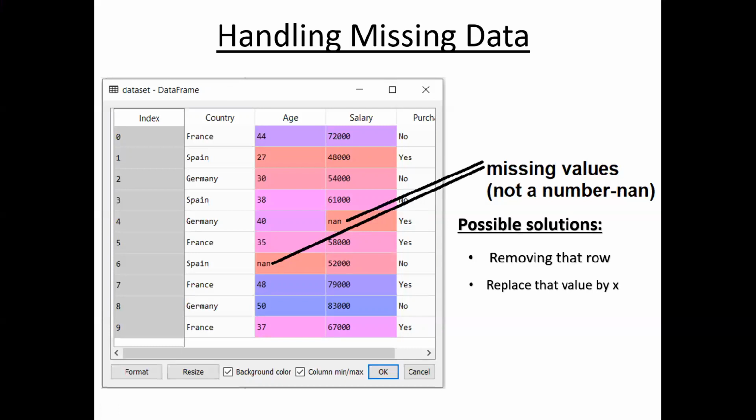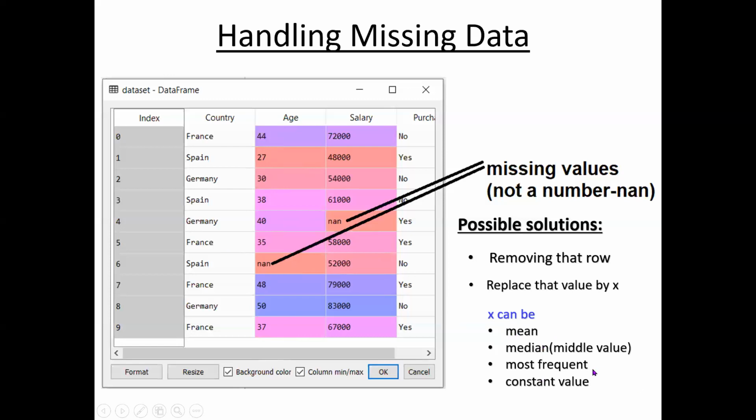But generally, what are the values for x? So in ML, we use these possibilities for x. We may use the mean. For example, here age is missing. You take the average of all ages and put that value. Or median. Median means write all these ages from lower to higher, that is, in ascending order. Take the middle value and use that value.